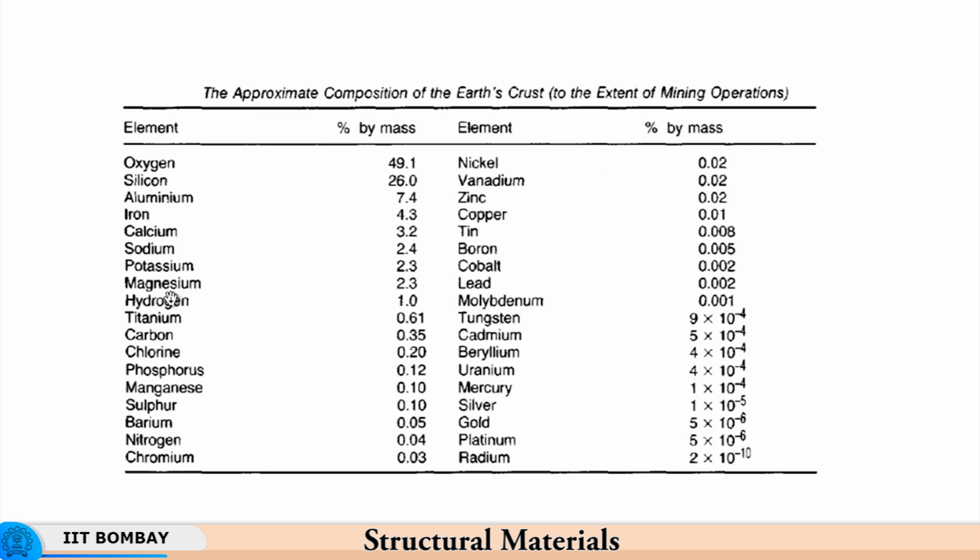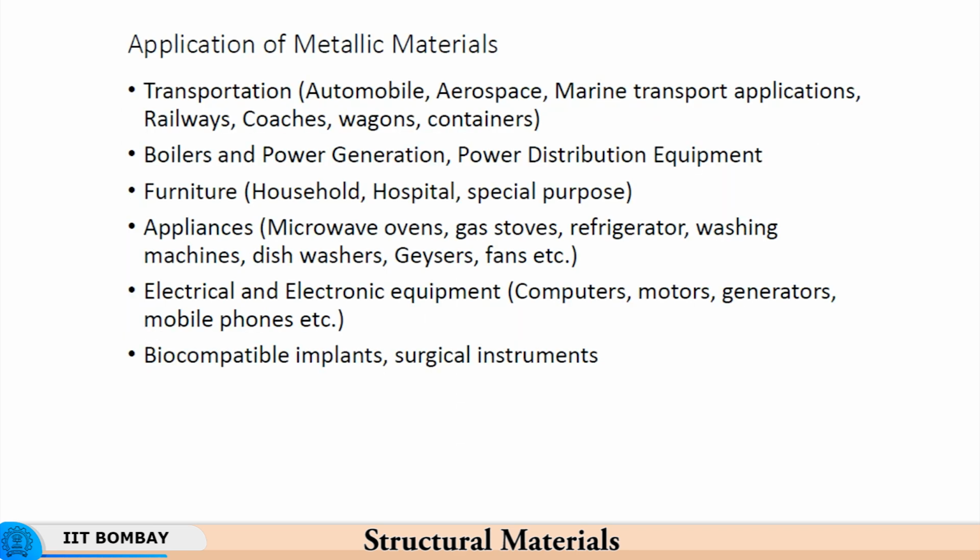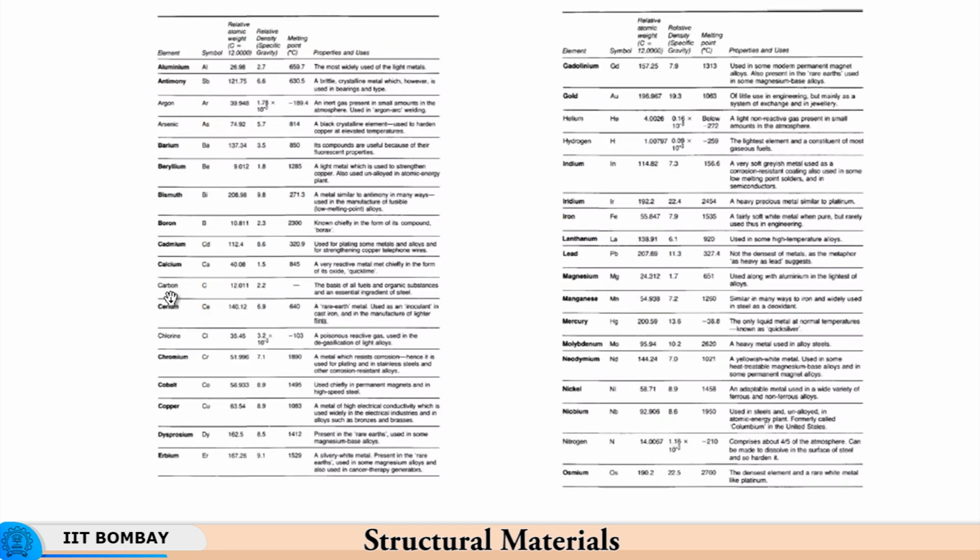If you look at the composition of Earth's crust, different materials are available to different extents, and silver and gold, having the least availability, are the most precious materials. So the precious materials are the ones which are least available. We have seen already the applications of these metallic materials,